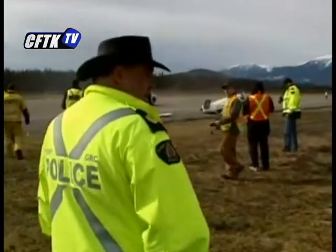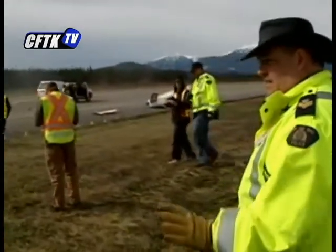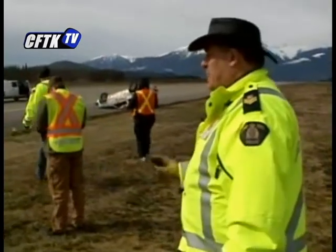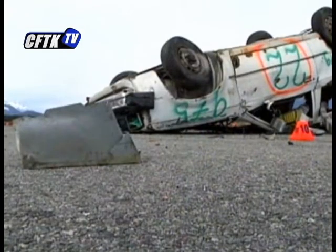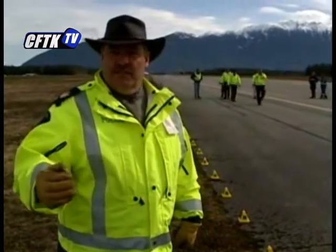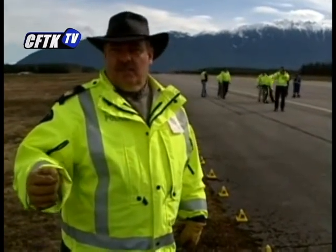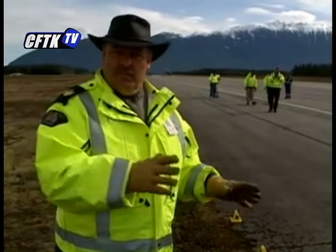What's going to happen now is we're going to have the investigators go in and look at the physical evidence that's on the roadway just like they would at a regular crash scene and walk through it. They'll come in, they'll look at the physical evidence and try and establish what they have to document. They have to identify the physical evidence before they can document it and then interpret it. Ideally, they don't like to talk too much to the investigators because we want the evidence to tell us what